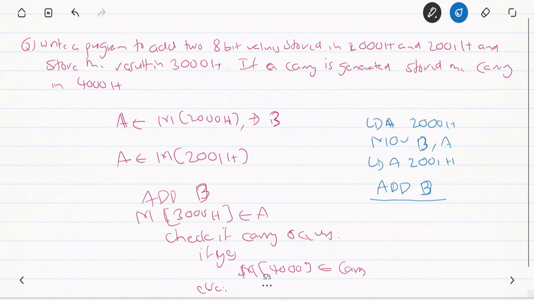So what we're going to do is write jump on carry, and then we move or break our program to some place else. If this is not executed, what typically happens is our result is stored and our program terminates. But if there is a carry, then our program will directly jump to this part from here, and then we are going to first store our result,